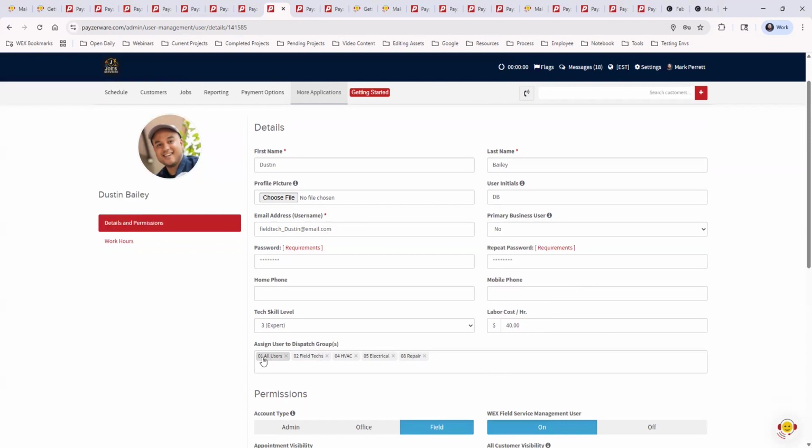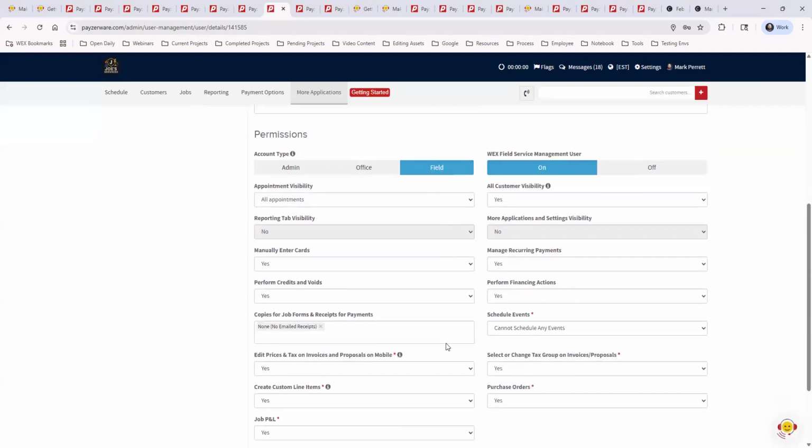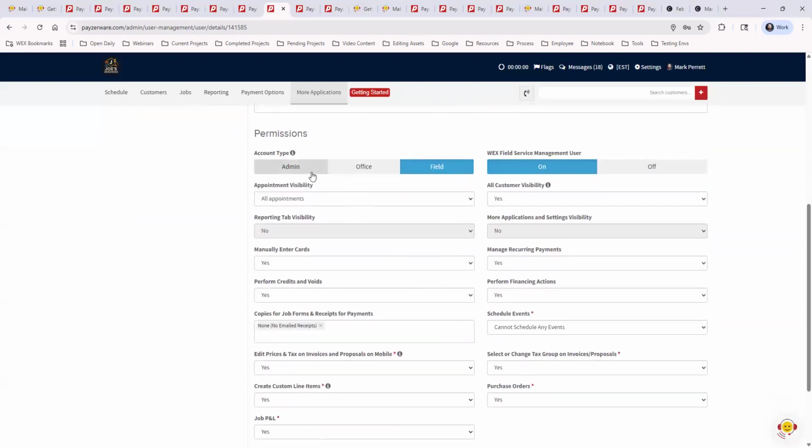If you've added all your users and they're not part of a dispatch group, then they will not show up on the schedule page. So if you want to use them on the schedule, make sure you assign them to a dispatch group. And then a couple things about permissions. If you set someone to an admin role, they will have full access to see everything and update and change everything. The office role is great for anyone who you want them to have access, but maybe you'll restrict certain things, like someone who's just doing scheduling. You don't want them to see all the revenue coming in for the job,